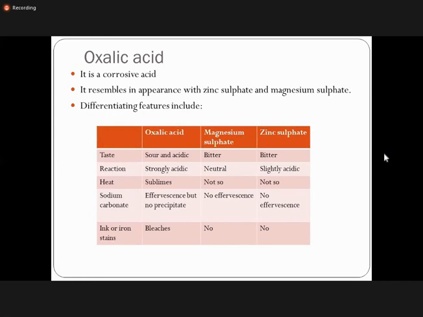Let's suppose you found some milky white substance at a crime scene where there was an attempted suicide. You might think it's probably oxalic acid, but you need to make sure that it's not something else, which is not that harmful. So you can differentiate between oxalic acid and magnesium sulfate and zinc sulfate based on all of these